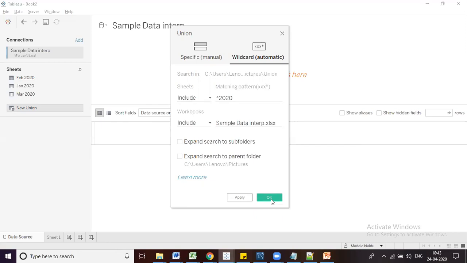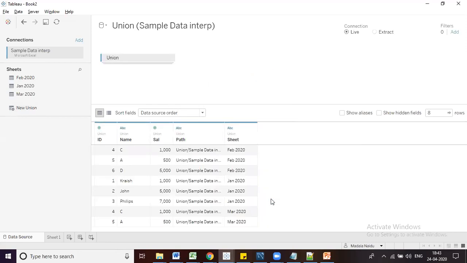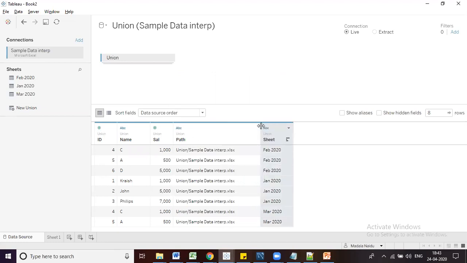Once we click on OK, now observe the screen, the same data came in, right? Now you can see the path and sheet. Earlier it was different, it was table and table name something, right? Sheet and table name something, right? Now you observe the same 8 records came. Now we will see the remaining options we have.